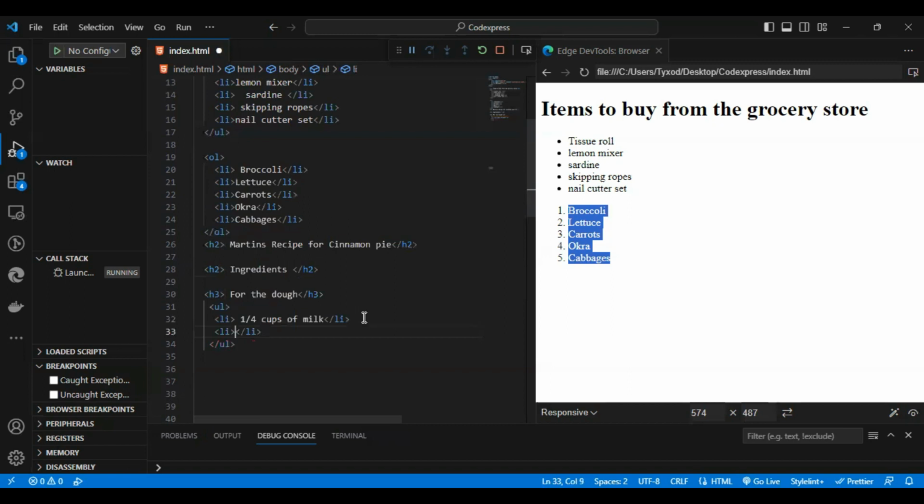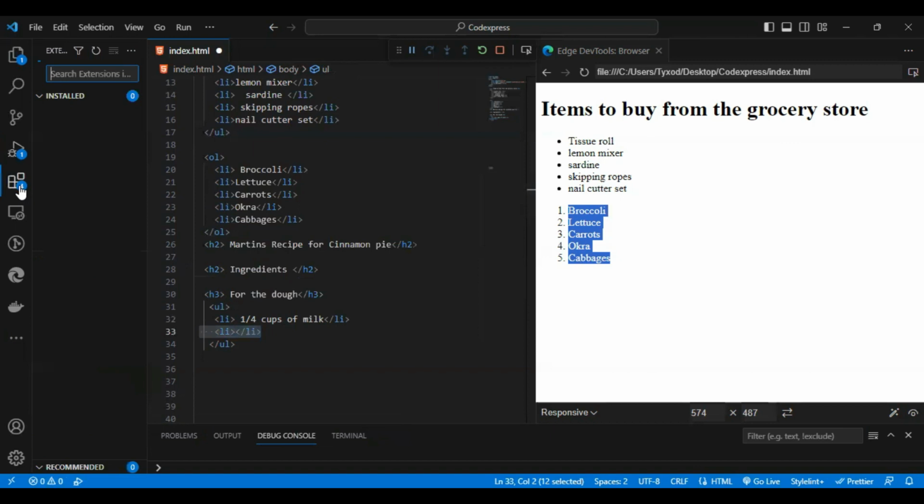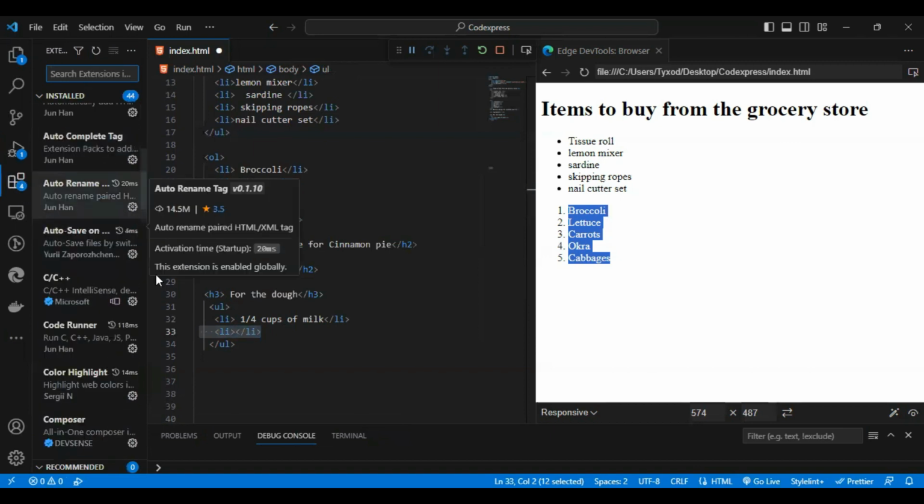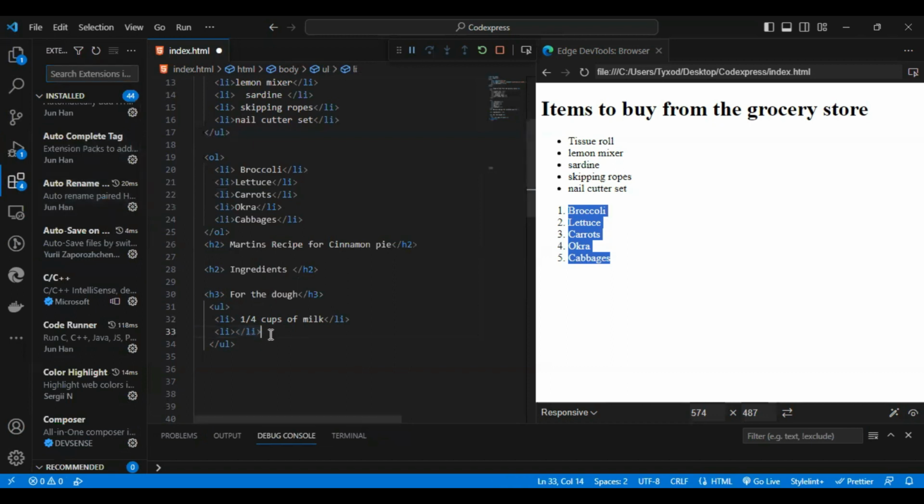List attributes and auto completing it. So there's something it does. You get it from most of your extensions right here. So we have the autocomplete tag, which is what helps me with this. Whenever I have